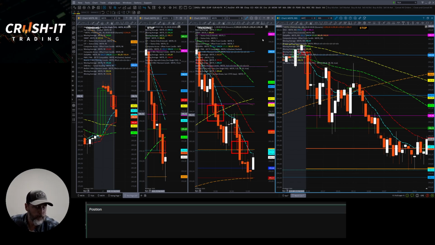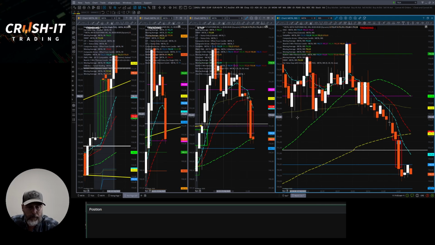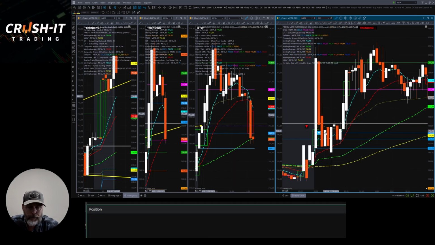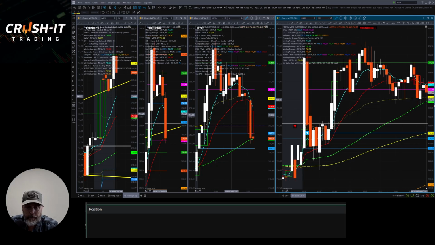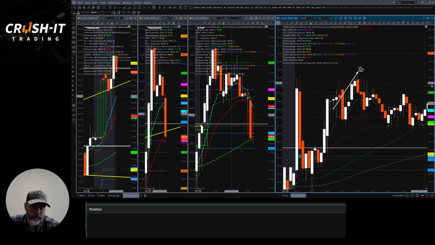Once again, not our number one pick, but had we had to take a trade on it, where would that have taken place? We do have the green fair value gap at the open with the arrow. You can see immediately price comes back down, so you are going to wait. You do end up getting another green fair value gap later on, right in here. This is a little soupy right in here, and it ends up being about a $2.30 move there